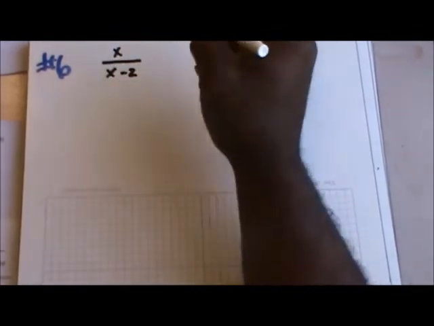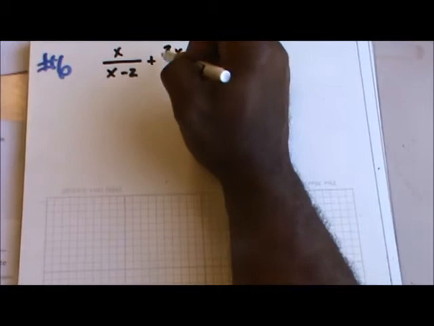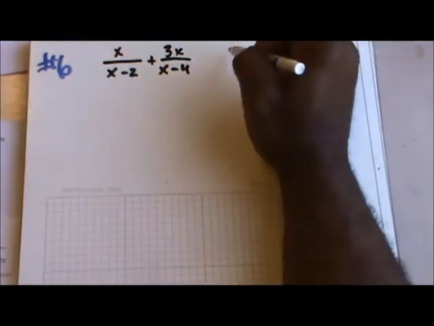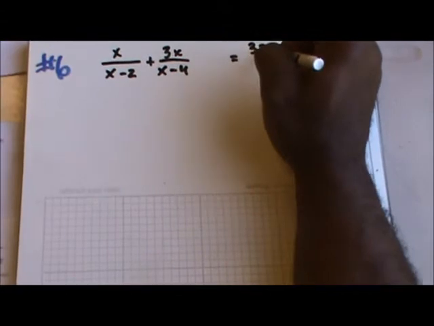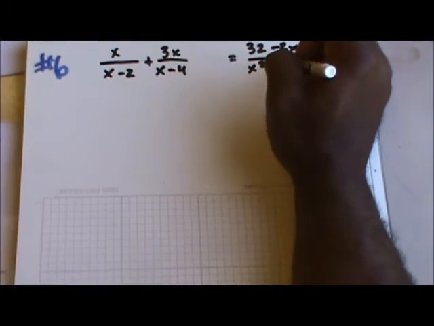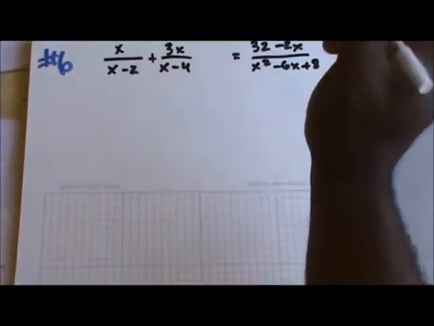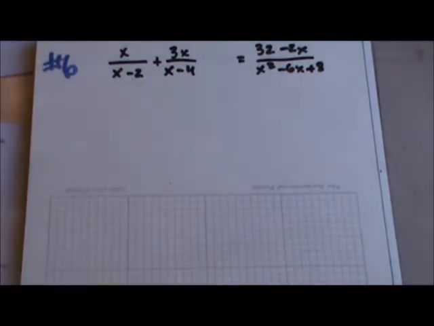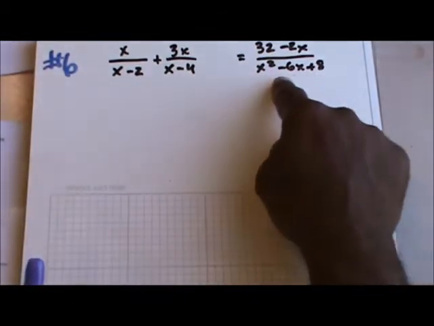Alright, number 6. We have x over x minus 2 plus 3x over x minus 4 is equal to 32 minus 2x over x squared minus 6x plus 8. So right away, for the problems we've done similar to this, usually this trinomial,